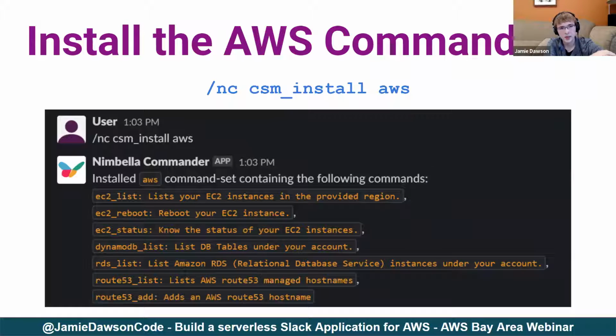All right, so what we're going to do here is install the AWS command set. Unlike the coronavirus command set, instead of just one command that you run, this will actually give you multiple commands. So to get started building your functionality for AWS, go ahead and type in the command